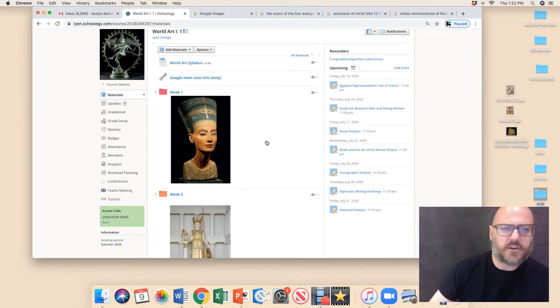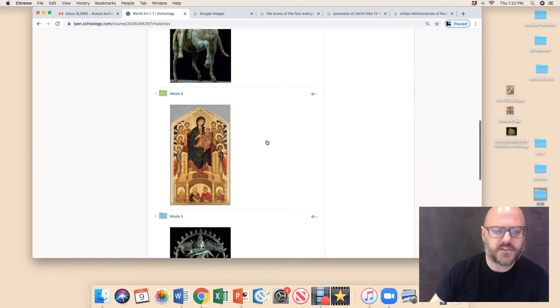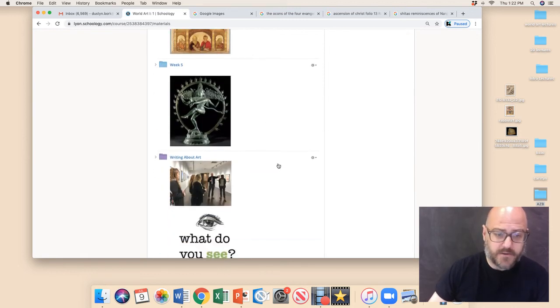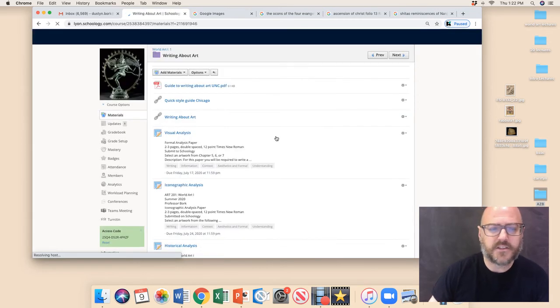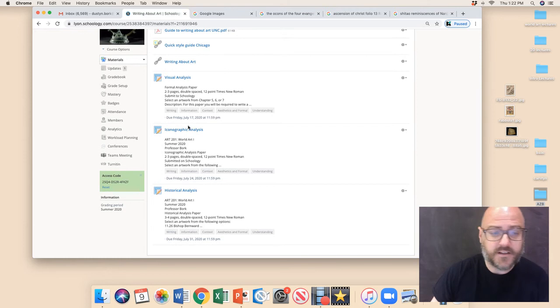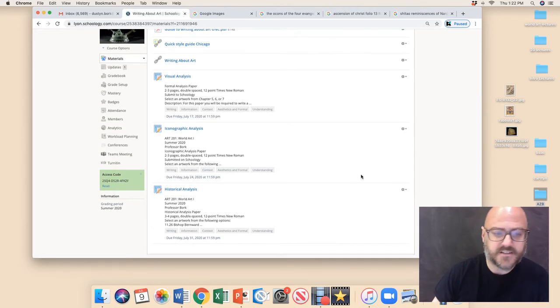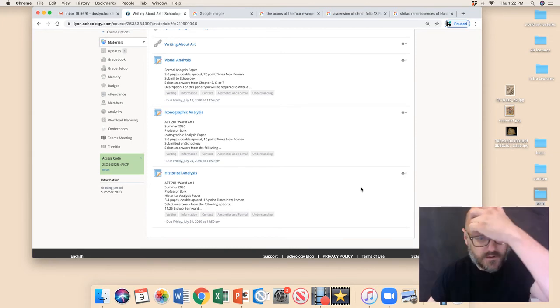Okay. So first of all, if you're looking at Schoology, and I'm scrolling down on our Schoology page here, writing about art is in this folder. Not only does it have the parameters of each project, like the visual analysis, which is your paper number 1, the iconographic analysis, which is paper number 2, and the historical analysis, which is paper number 3, but also